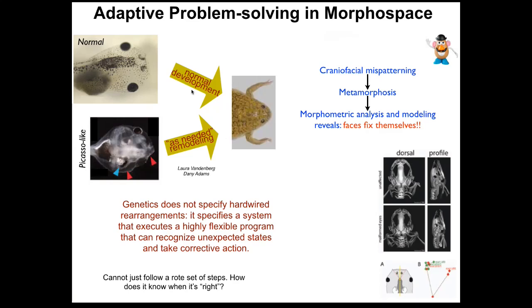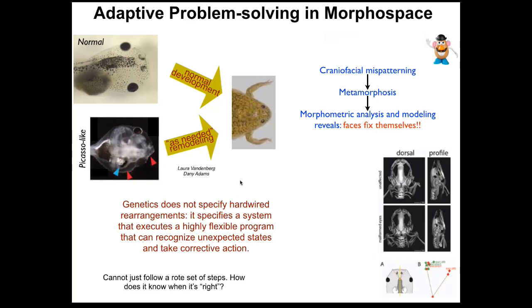And this amazing thing that yes, normally you have this stereotypical change of these tadpoles become frogs and they have to rearrange their face and move their various craniofacial organs. But this is not a hardwired process, because if you scramble all of them and you make these so-called Picasso frogs, where the eye's on the back of the head, the mouth is off to the side, everything is scrambled, you still get largely normal frogs, because all of these things will actually adapt to their novel starting conditions. They will move in novel paths. Sometimes they go too far and actually have to double back a little bit, but they still get their goals met. And so what you see is that the genetics is not giving you a piece of hardware that does